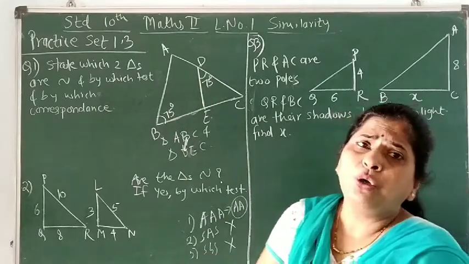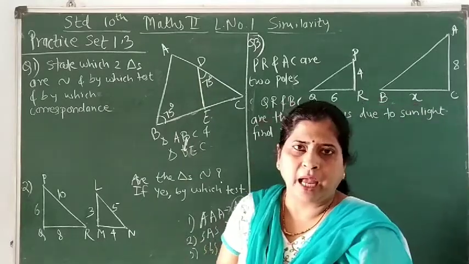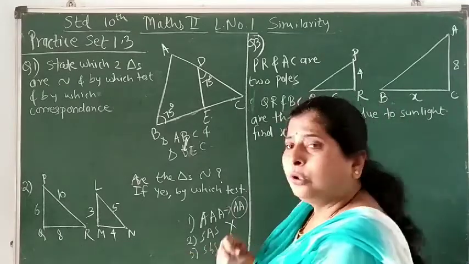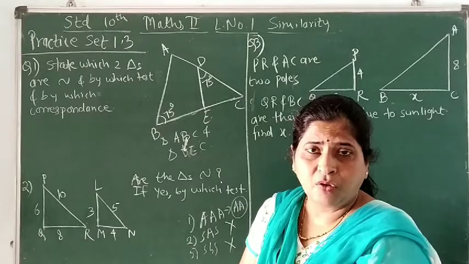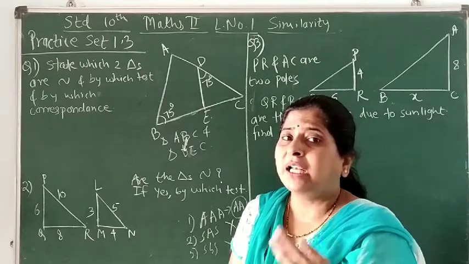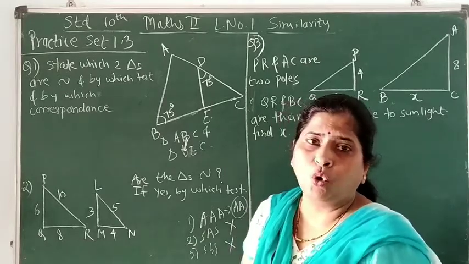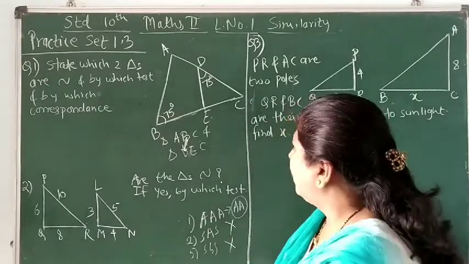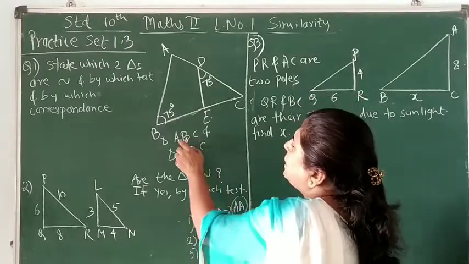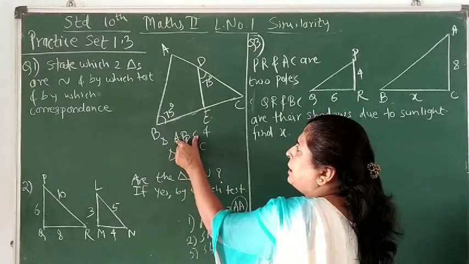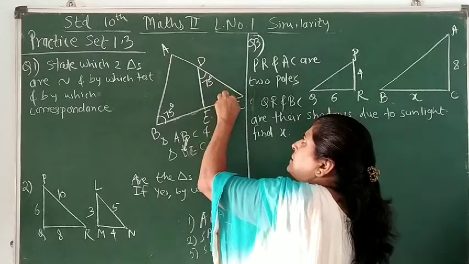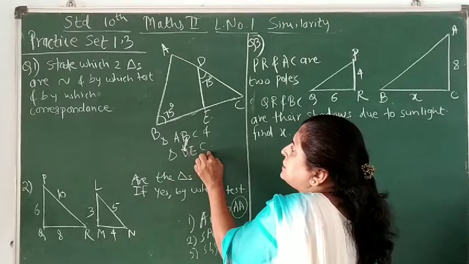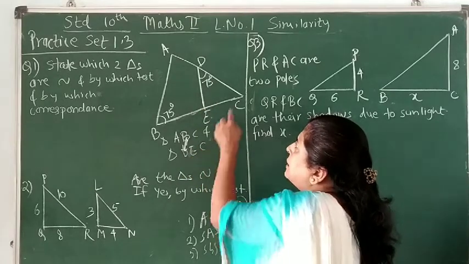Congruent. Now we do not know the measure of any other angle from this triangle, but can we conclude something from the figure from which we can find at least one more pair of congruent angles? Then we can say that these 2 triangles are similar, otherwise no. Now let's see what are the 2 angles remaining in triangle ABC. It is A and C remaining, correct? This is angle A and this is angle C. And what about triangle DEC? Angle E and angle C are remaining. Angle E is here and angle C is here.